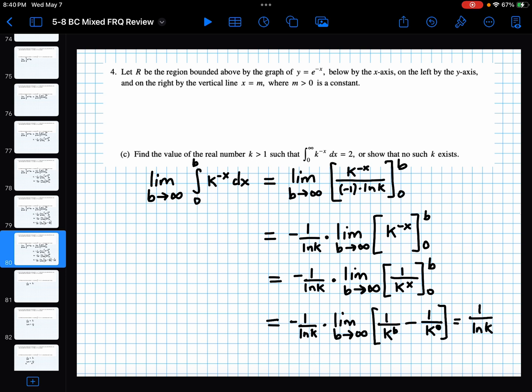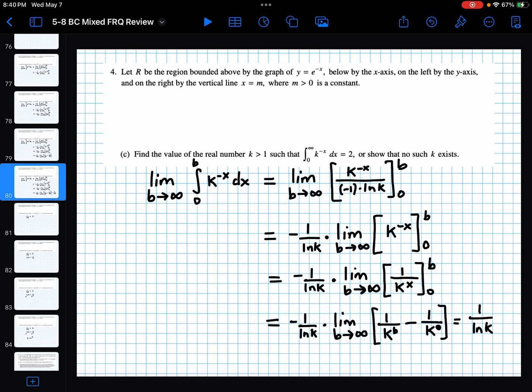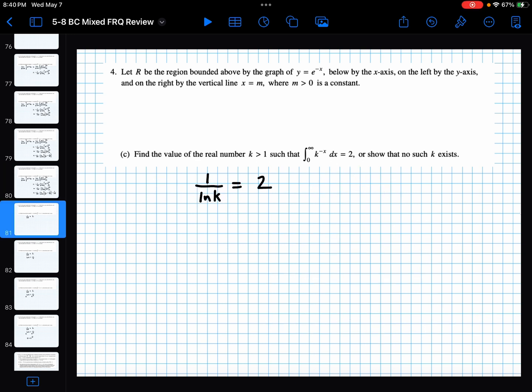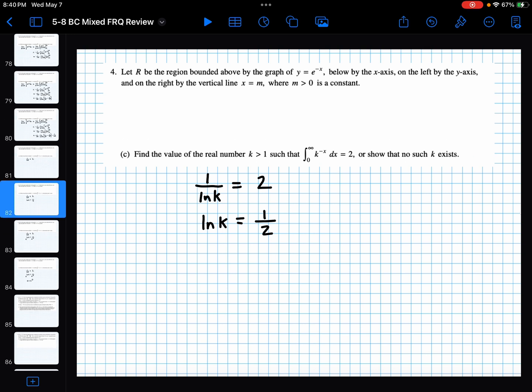All right, for the question, we had to find the value of k. Now, they told us that this improper integral was equal to 2. All right, so I'm going to erase some of this stuff, and I'm just going to focus in on that 1 over natural log of k and set that equal to 2. And I'll do a little cross multiplying here to get natural log of k equals 1/2. To get a variable out of the input of a natural log, I exponentiate each side with a base of e. And the e and the natural log cancel each other out, and I finally get my k equals e